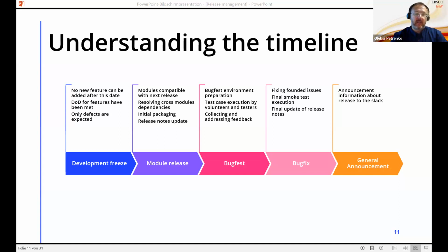But when the freeze has been achieved, so what we expect, so our expectations follow, right? So no new feature can be added after this date. We also expect the definition of done for features have been met, and only defects are expected that need to be fixed. So defects or some small improvements, because usually after the freeze, we still continue conducting some kind of user acceptance testing, right? So we are gathering first feedback and trying to fine-tune our new features, trying to fine-tune our